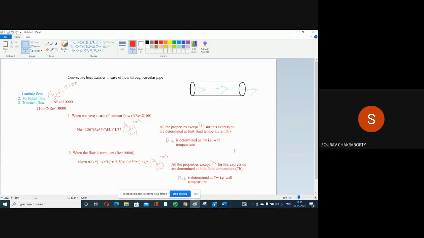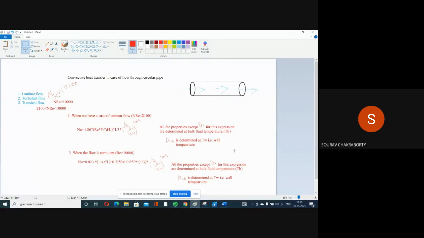So in one tube, hot fluid is flowing and in another tube, cold fluid is flowing. When you need heat transfer, as the hot fluid is flowing through a circular pipe, what type of convective heat transfer you are getting will be a very effective term when you are designing a system, suppose a heat exchanger. A heat exchanger is a very important device in food processing. That also we'll discuss. We have already uploaded lectures related to that.